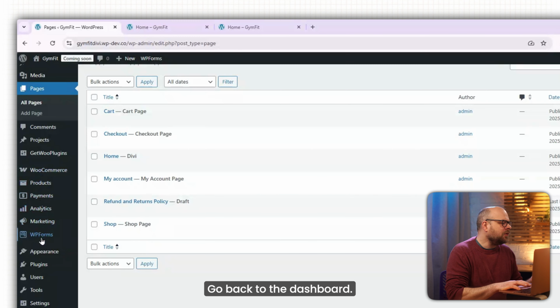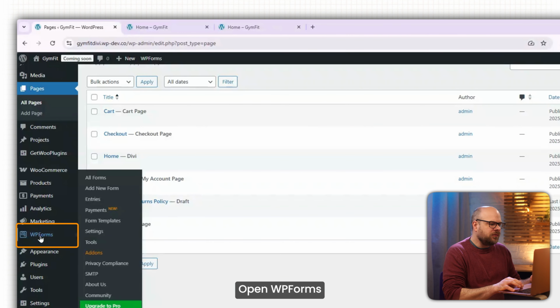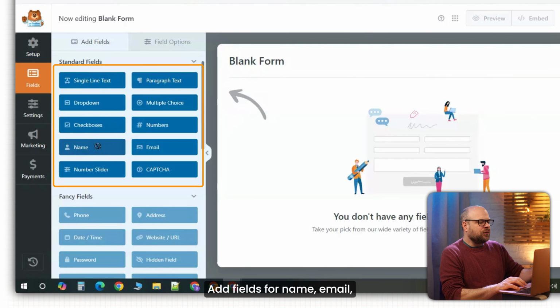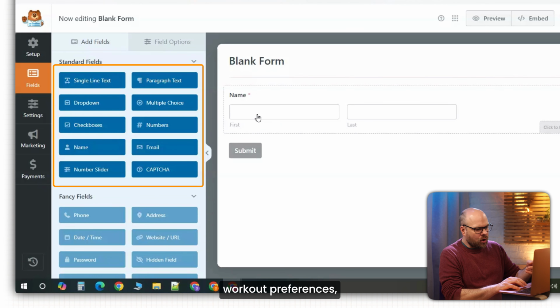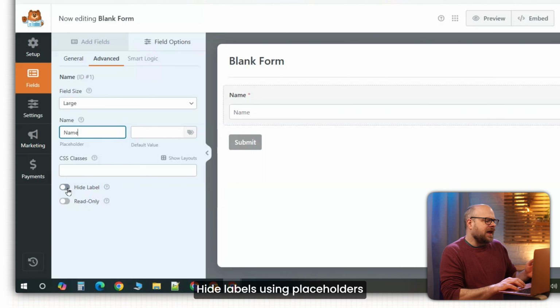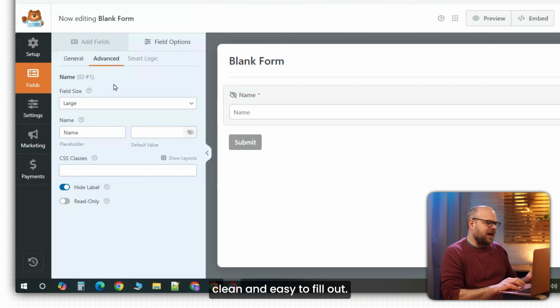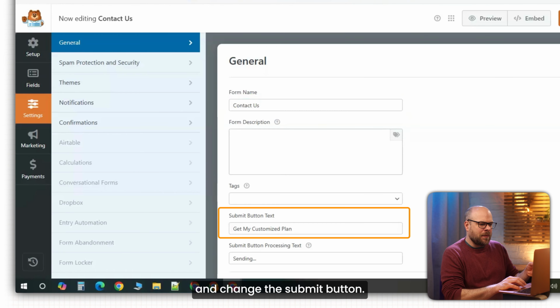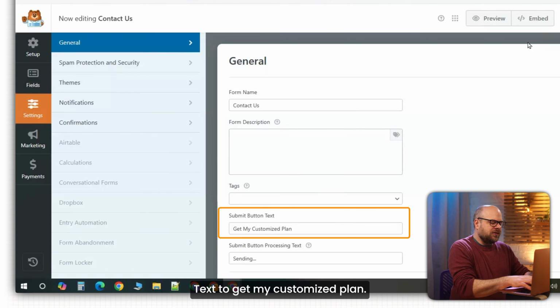Go back to the dashboard, open WP Forms, and create a new blank form. Add fields for name, email, workout preferences, fitness goals, and an optional message. Hide labels using placeholders and keep everything clean and easy to fill out. Rename the form to Contact Us and change the Submit button text to Get My